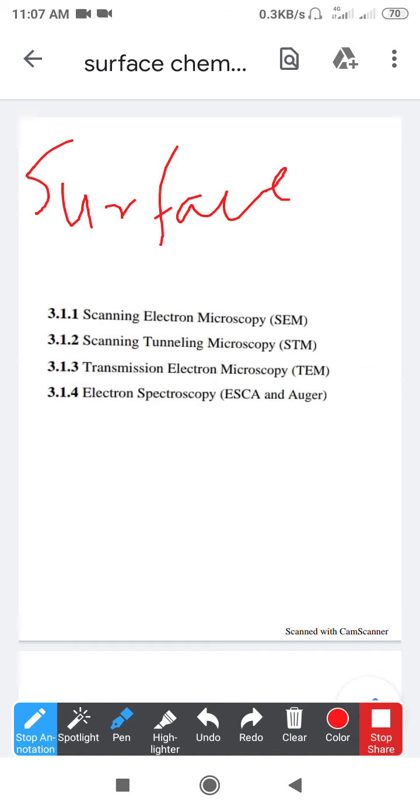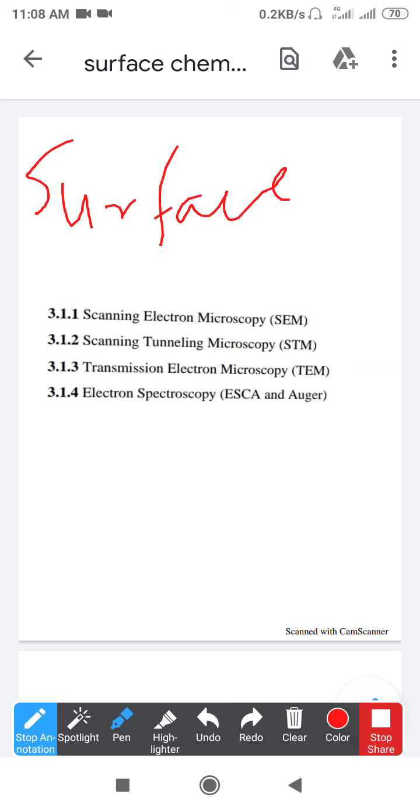Surface is basically the boundary between any two independent phases. We already know that phases are like solid, liquid, gas. Any surface or boundary which separates two phases is generally a surface. So surface is the interface between two components of a system with different composition. Surface will give you the change in the composition or properties of a system.